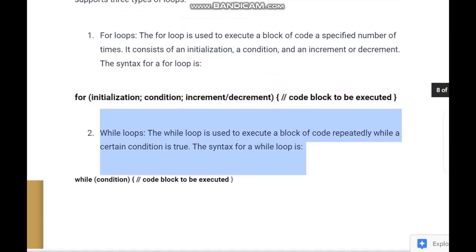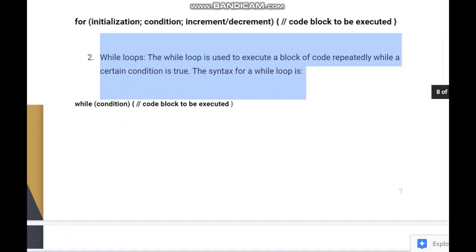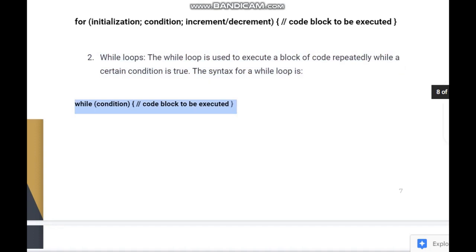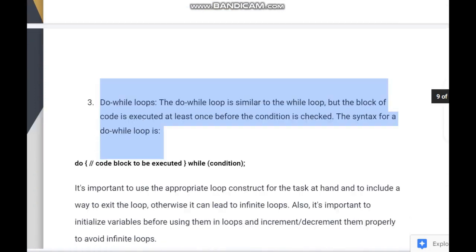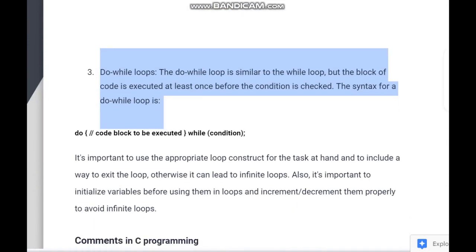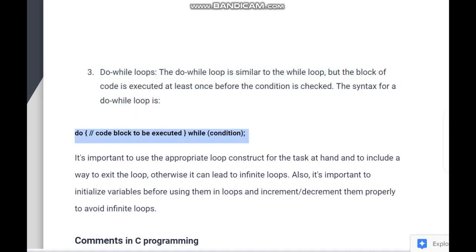While loops. The while loop is used to execute a block of code repeatedly while a certain condition is true. The syntax for a while loop is: while (condition) { code block to be executed }. Do-while loops. The do-while loop is similar to the while loop, but the block of code is executed at least once before the condition is checked. The syntax for a do-while loop is: do { code block to be executed } while (condition);